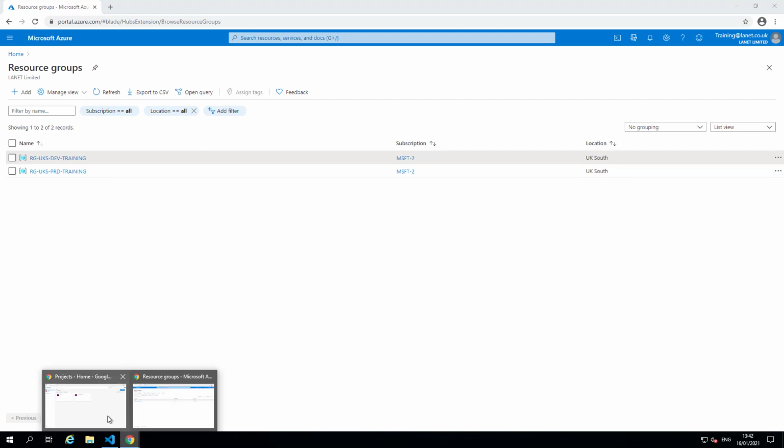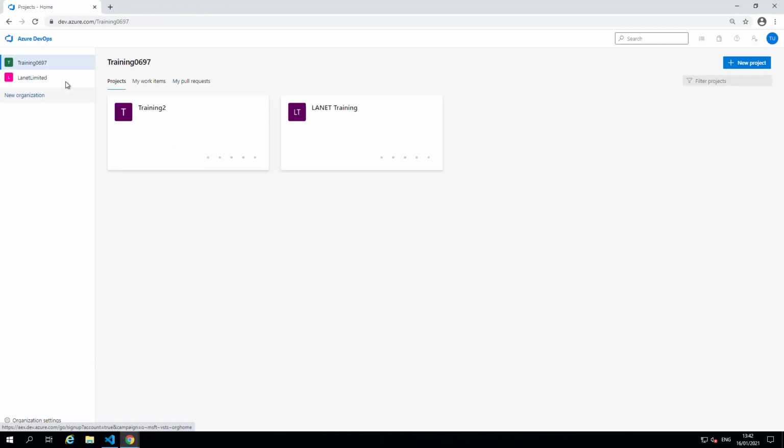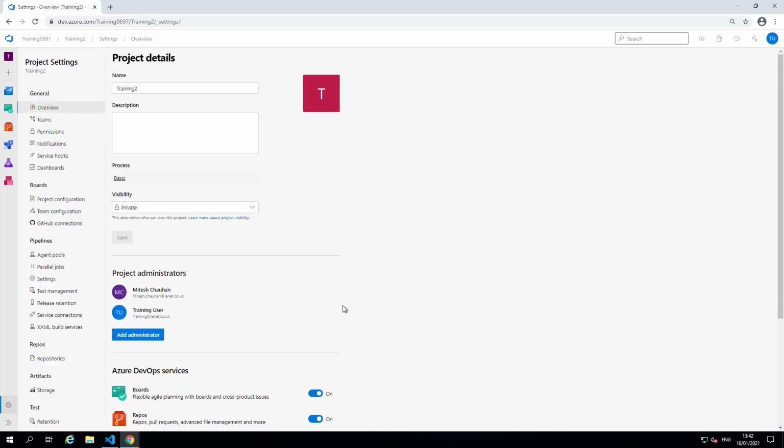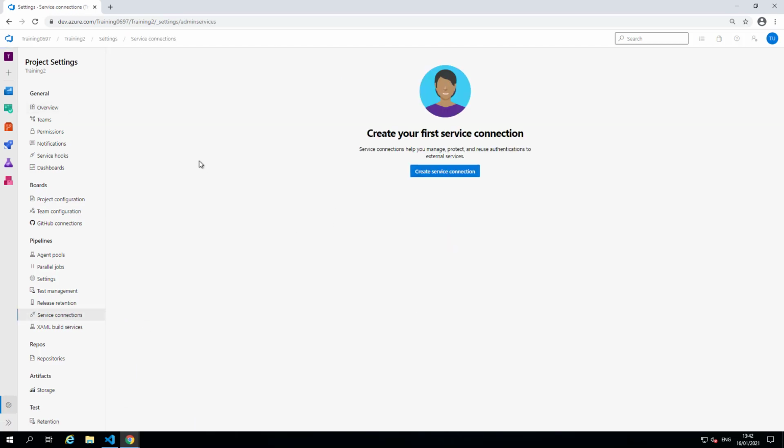Okay. Azure DevOps. If we log into there, we can look at our project. So this is the top level, the organization. Underneath the organization, we have a project. And then if we go to project settings, we look at something called service connections here. This is how we connect to our Azure environment, because remember, we're not doing it interactively through Visual Studio Code. So it's not going to get a pop-up where we put our username and password in.